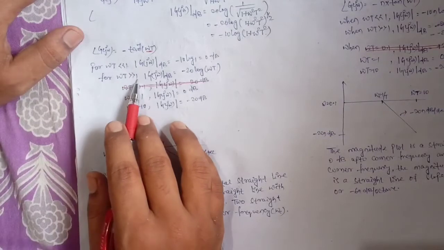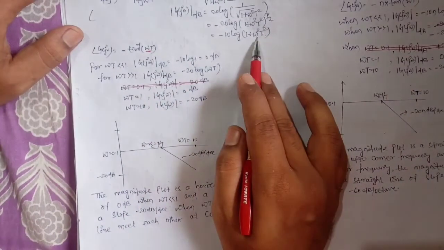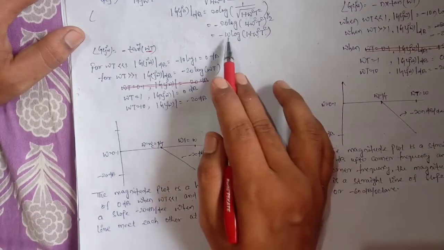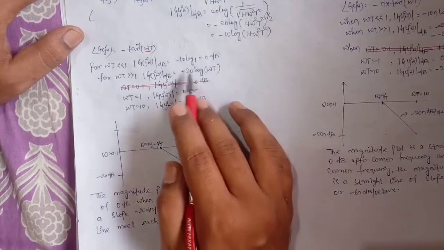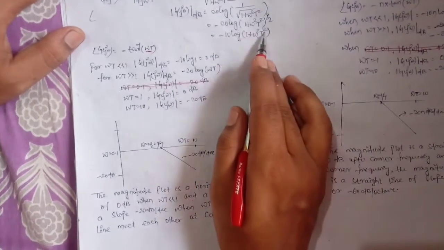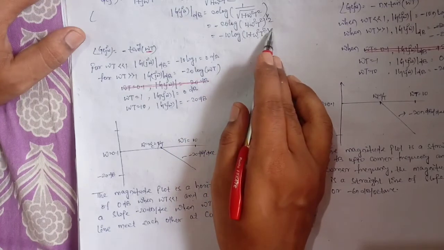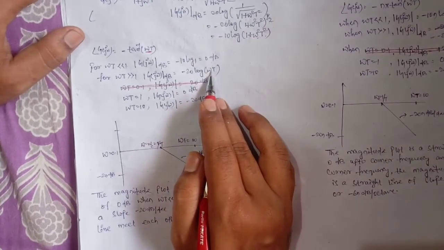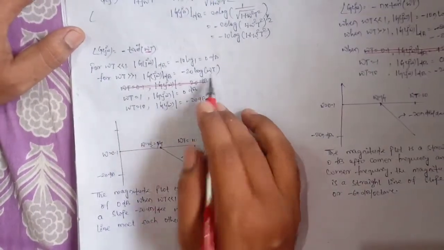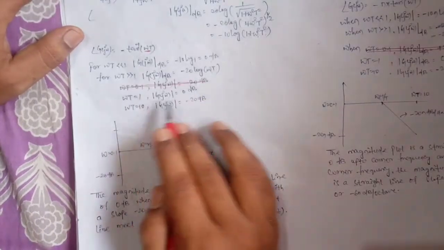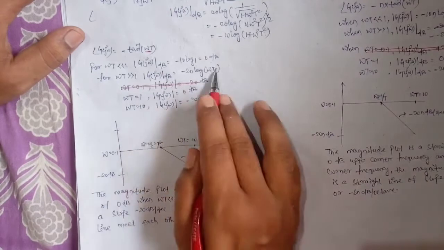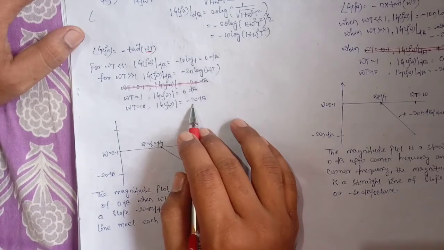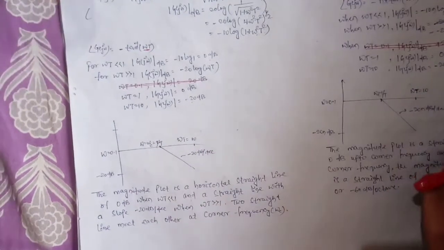When omega t is much greater than 1, then omega square t square will be much greater than 1. So we can neglect this one term. So my magnitude will come as 10 log of omega square t square, that is omega t whole square. So 2 will be multiplied, that will come as -20 log of omega t. I will vary omega t. When I take omega t as 1, log 1 value is 0 dB. When omega t is changed to 10 times, my value will come as -20 dB. So here we will get a very interesting result.